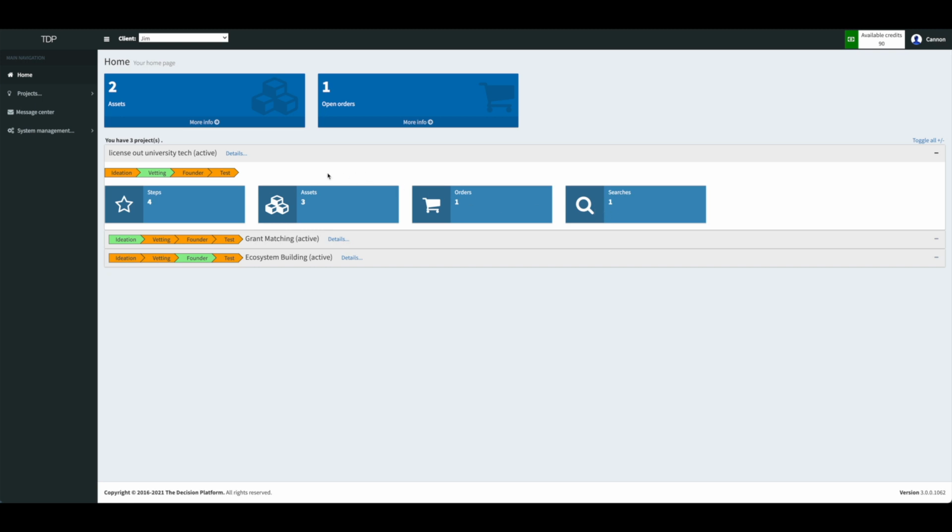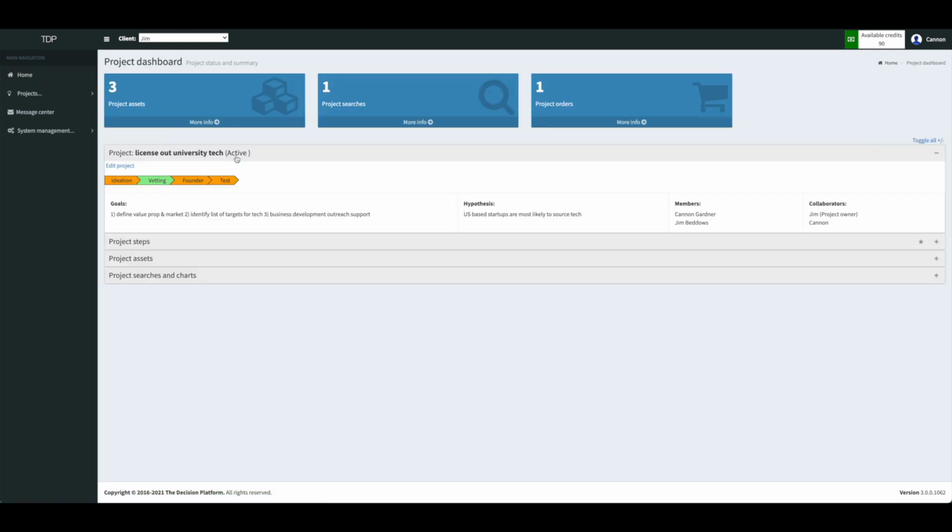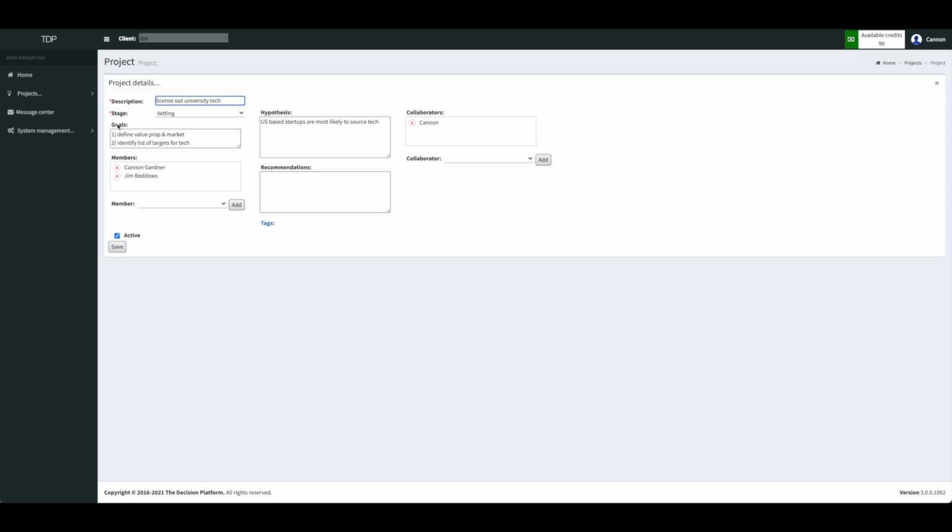We can also see the life cycle stage with the flowchart. If we hit details, we can see more information about this project as well as update it. So if we hit edit project, we can go in here and capture information around the project, such as which stage are we in, the goals of the project,